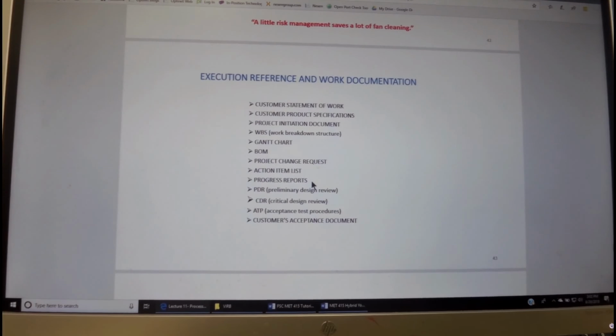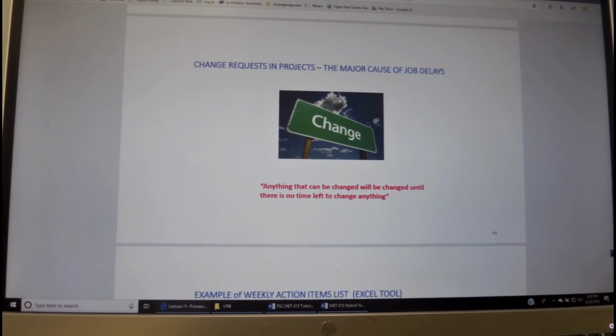Progress reports, which the project manager hands out to the team and to the other folks who have interest in the project. The preliminary design review document, critical design review, acceptance test procedure document, and then the customer acceptance document.